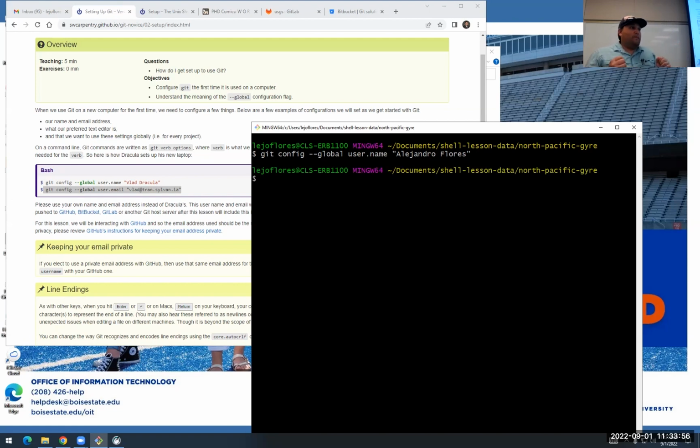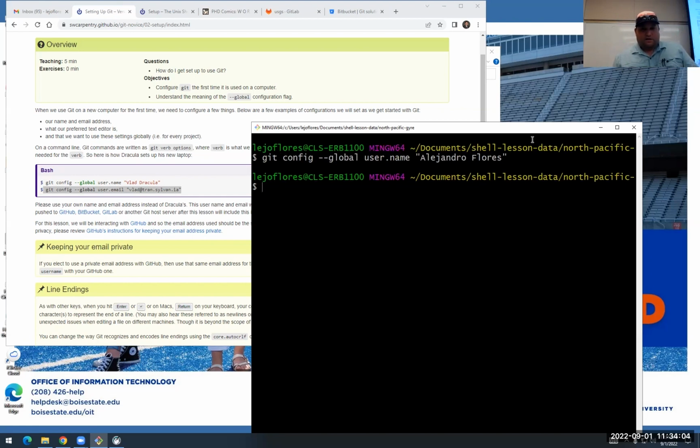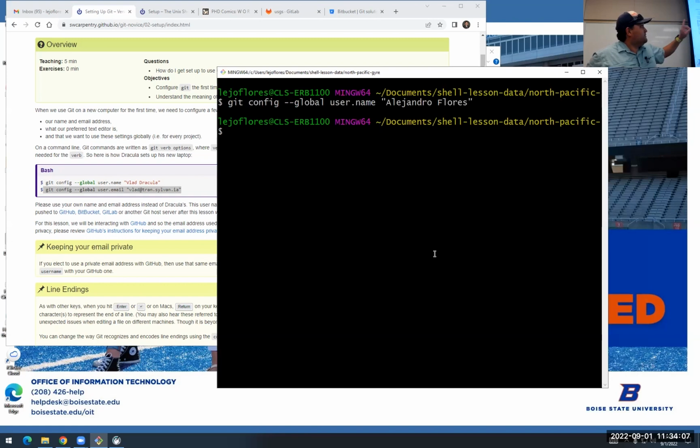And again, as with most bash commands, if I don't receive any kind of feedback, if there's nothing there, no warning, no error when I typed in that command, it means that it ran fine. Okay. So the next thing to do is to add my email address. So git config --global user.email, and this is Alejo Flores at